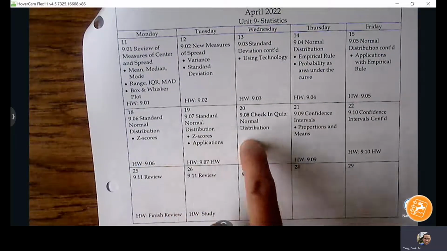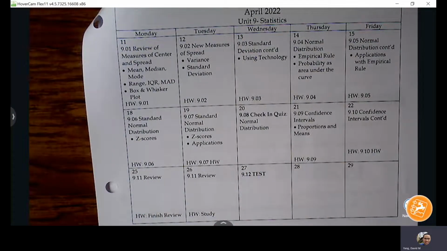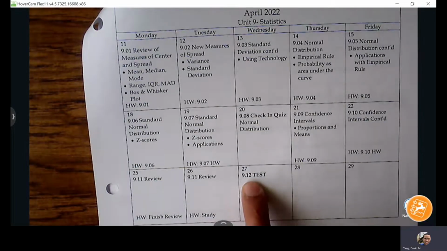We'll have a check-in quiz next Wednesday. And then I think the thing that will feel new won't show up until next Thursday. Confidence intervals, we'll go through that next Thursday and Friday. We'll review the following Monday and Tuesday. And then tests will be on the 27th. However,